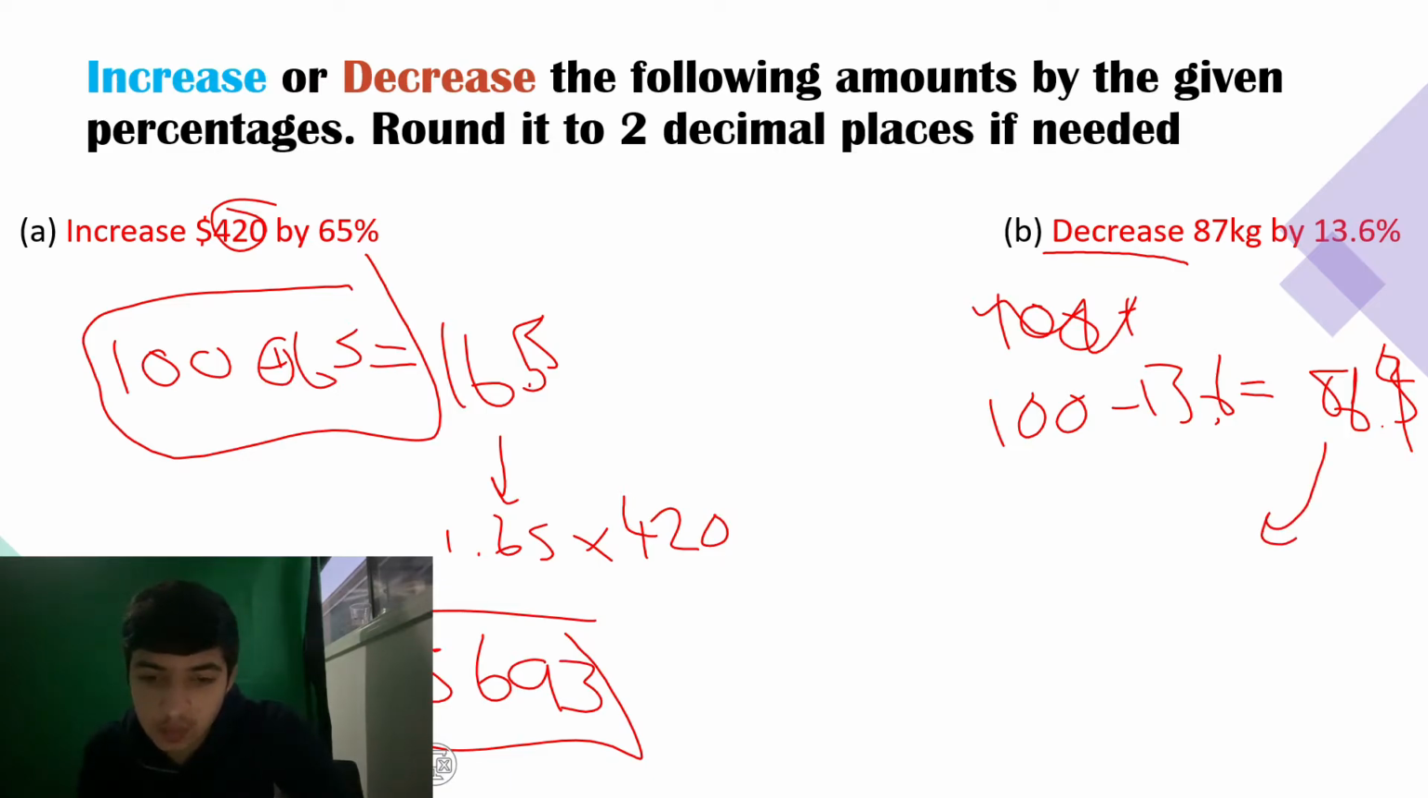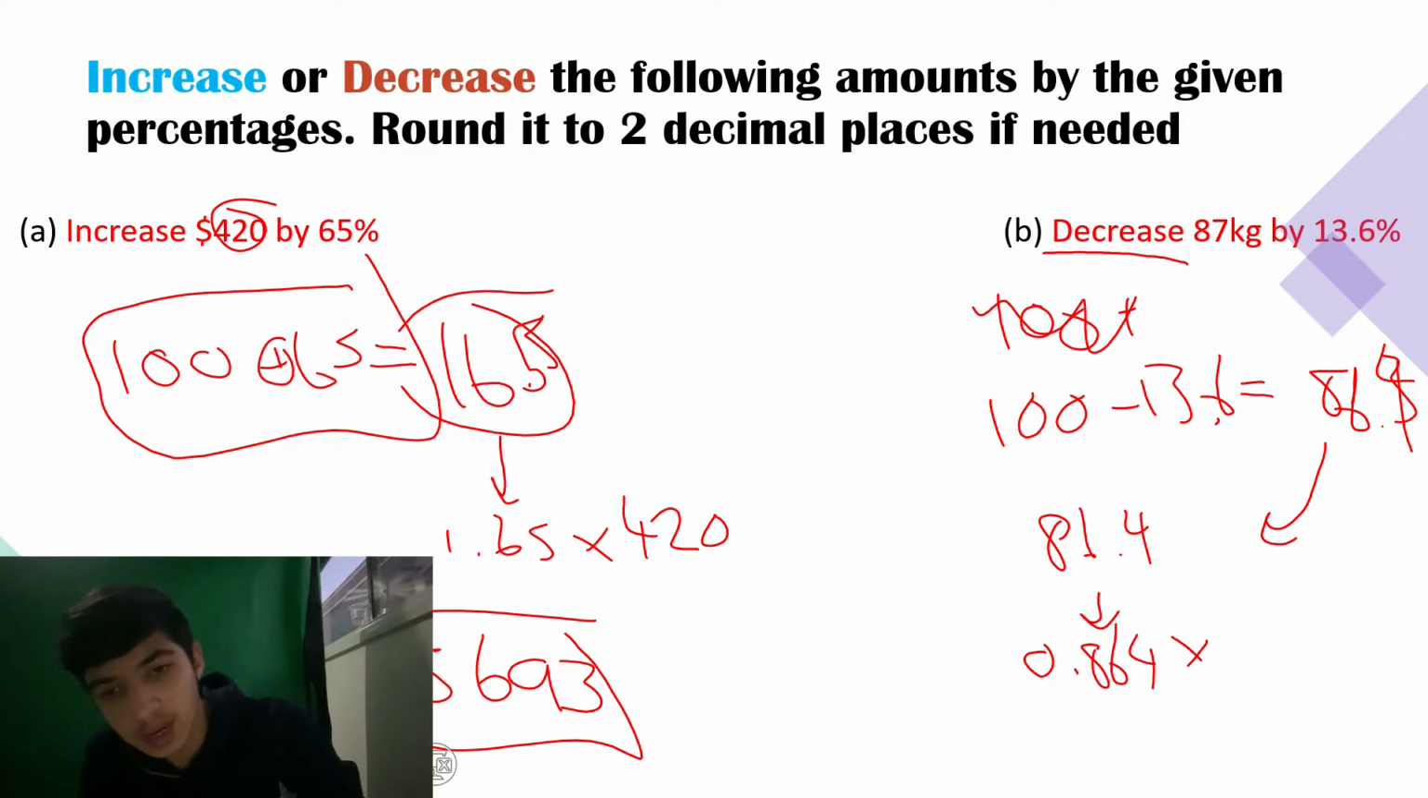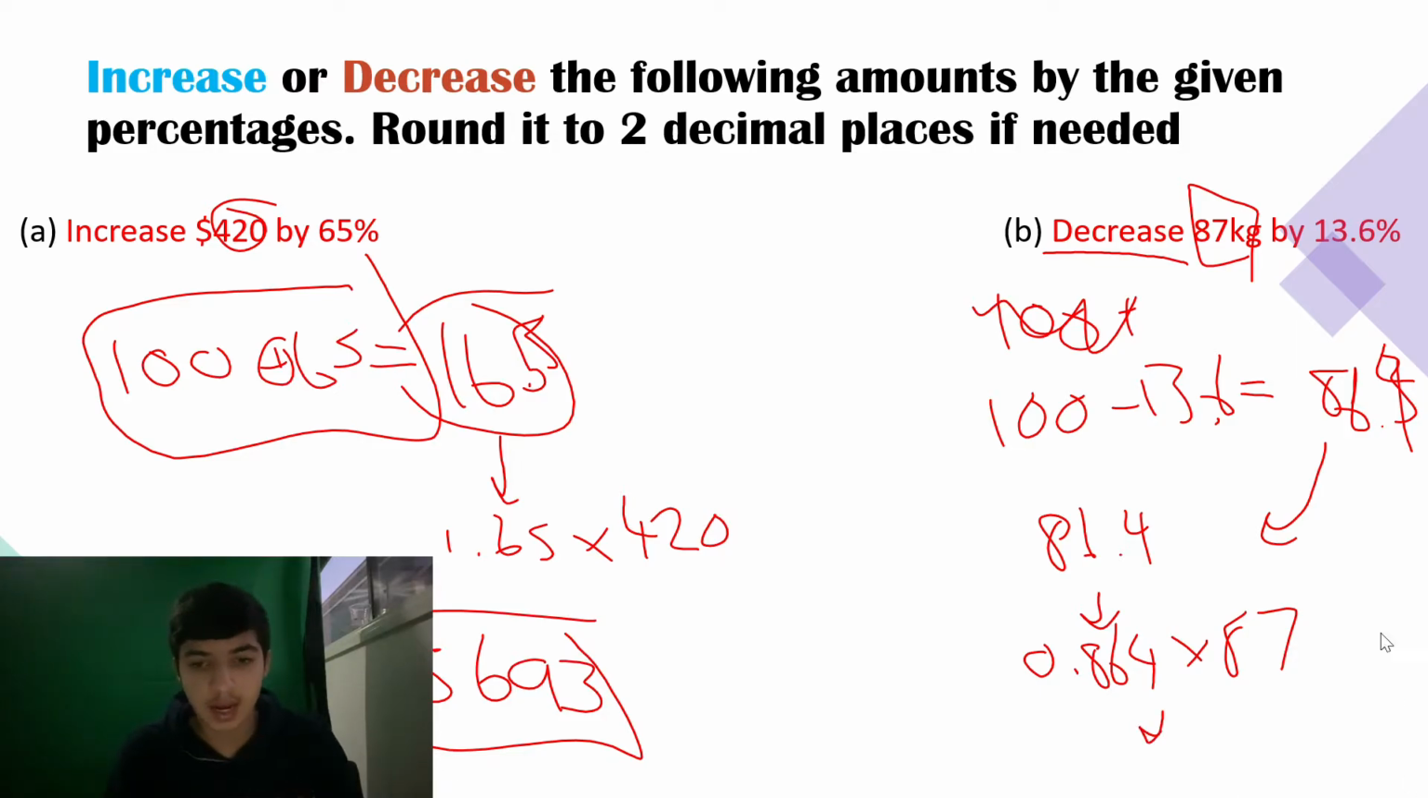After that, we convert it to a decimal like we did here. So 86.4 turns into 0.864. Okay, now we times it by 87 kilos. 0.864 times 87. Now we have our answer,